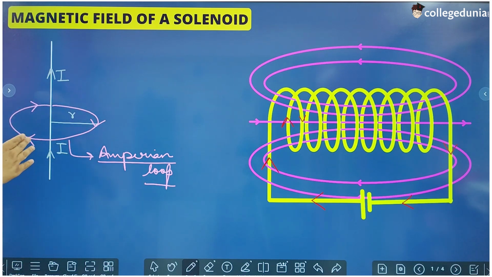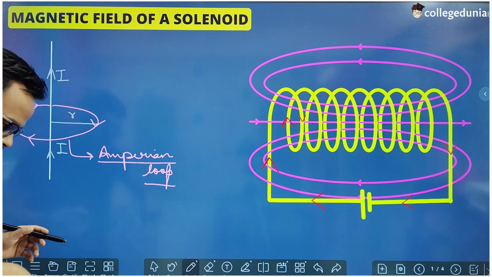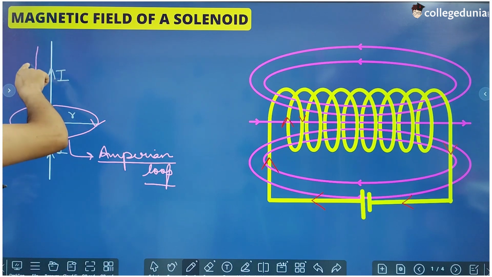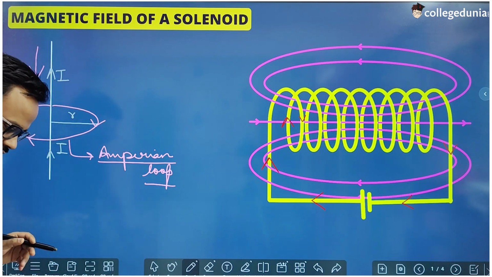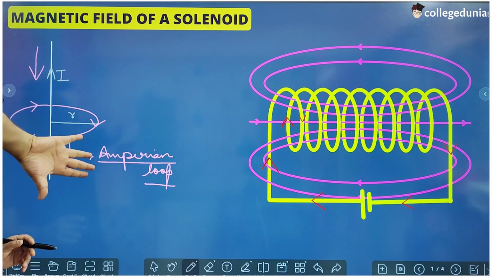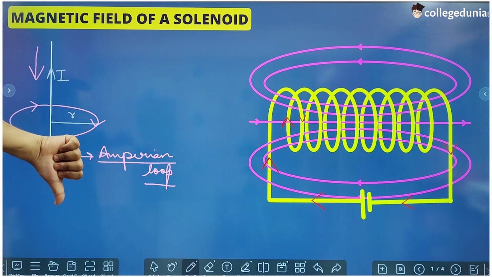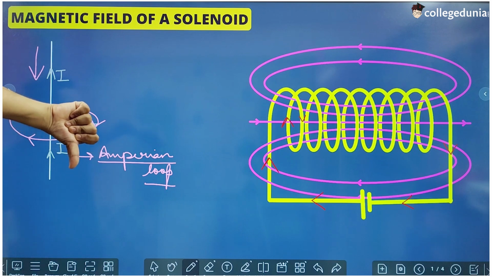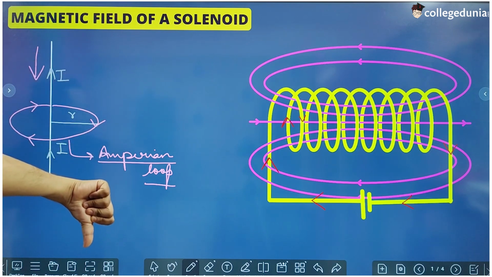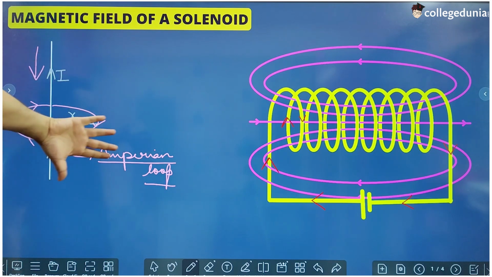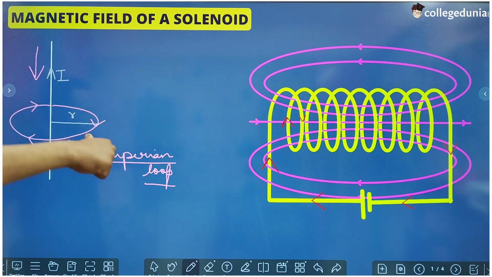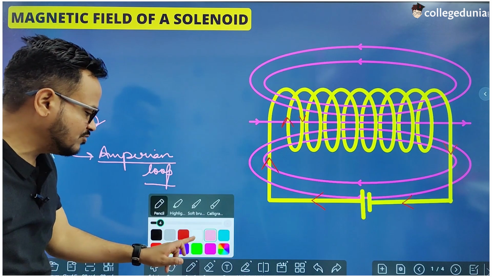So if we are taking this direction, right, like this, if I'm looking from this angle, then the direction is like this, that is in clockwise sense. So I'll curl the fingers of my right hand in clockwise sense, and I'll say any current which is going downwards will be taken as positive, because that is coming according to this direction, and any current which is going upward will be taken as negative. So we are going to take this current as negative, and we will apply this formula.